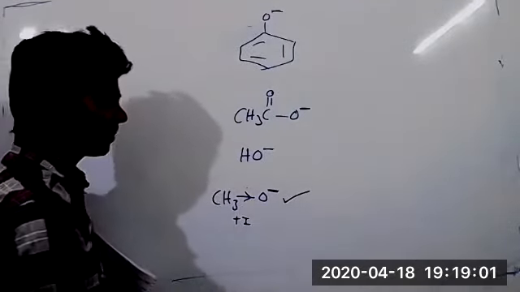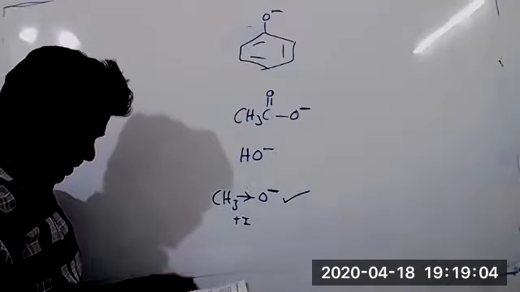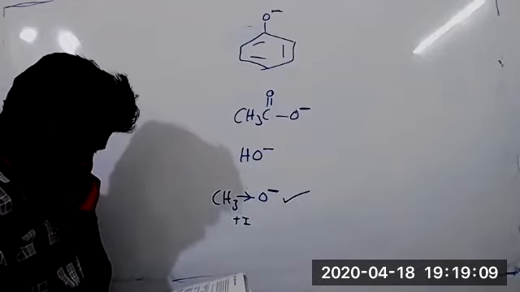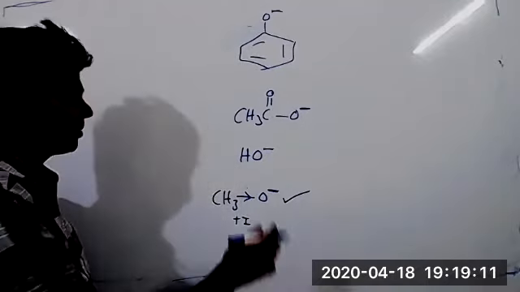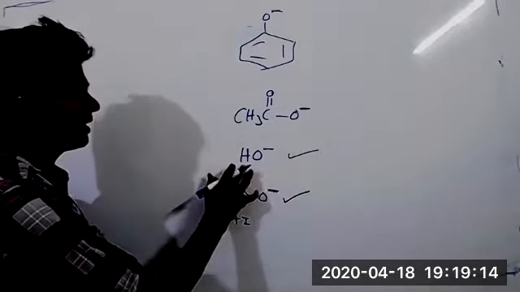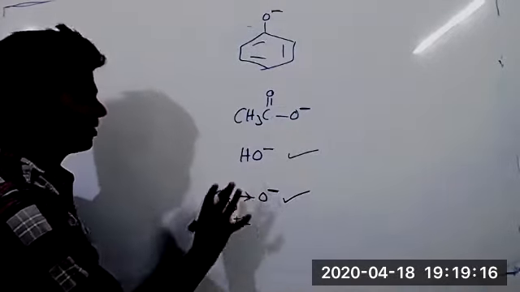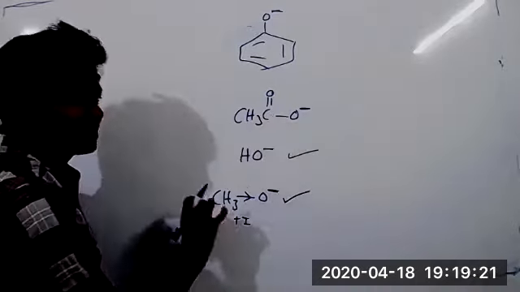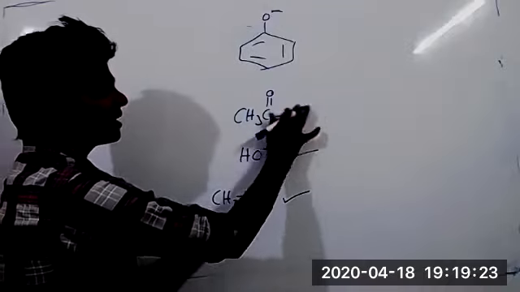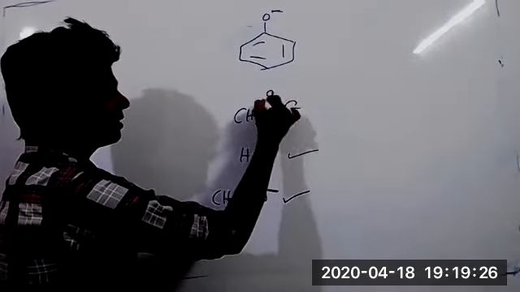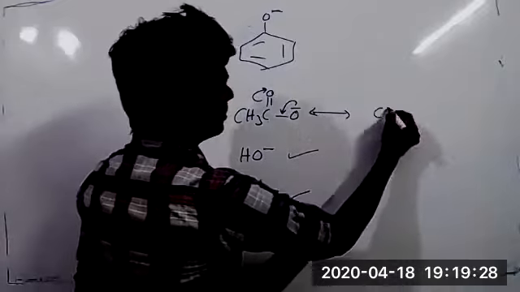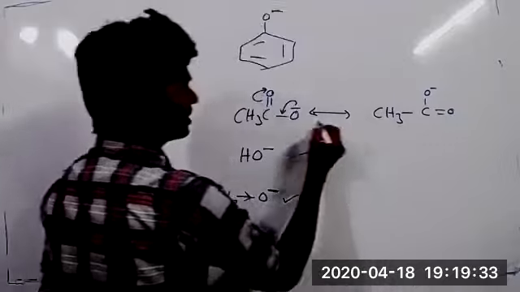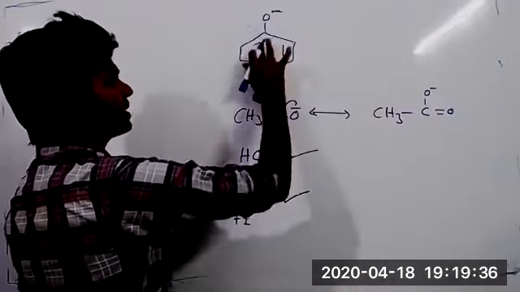Sir, is it option B? Option B, D, C, B, A? No. Wait, next one is OH minus, no doubt, because here there is no electron withdrawing or electron donating group, simply a hydrogen atom. But here an electron withdrawing group is there. C double bond O is electron withdrawing. However, resonance is also possible here, mind it. The negative charge is here and it is shifted here. It gives CH3C double bond O minus here and a double bond here. Resonance occurs here.